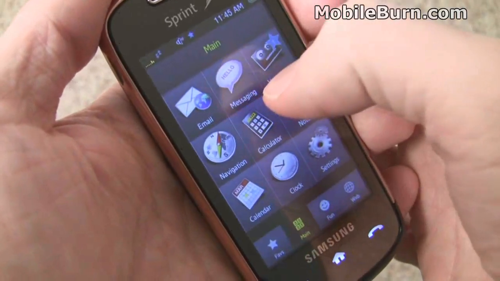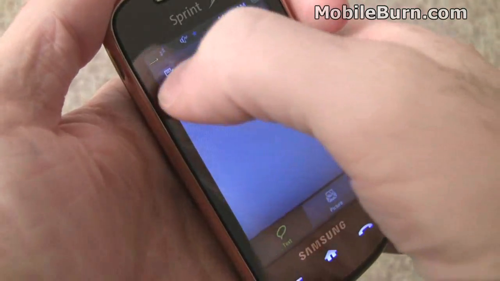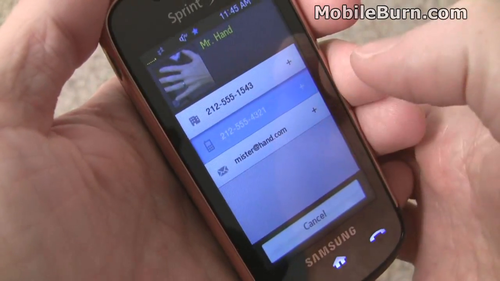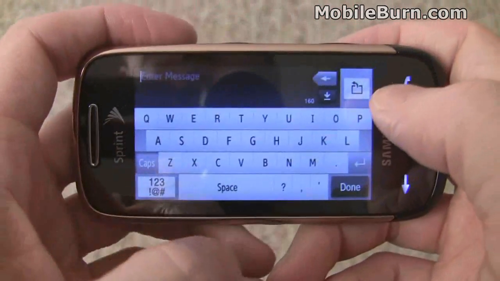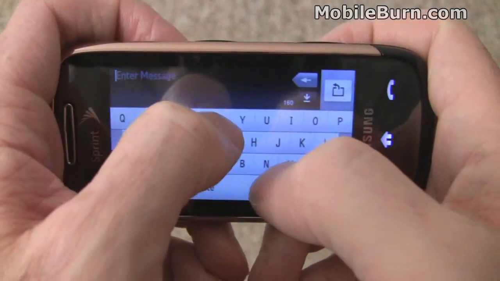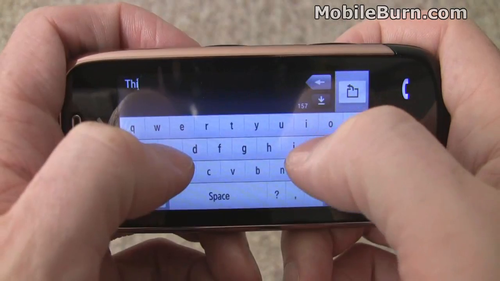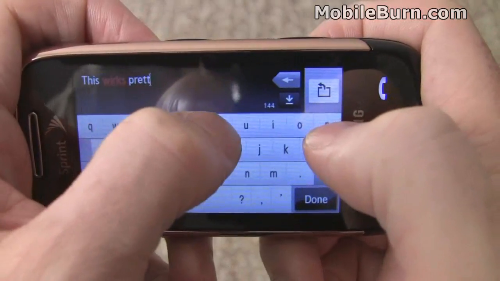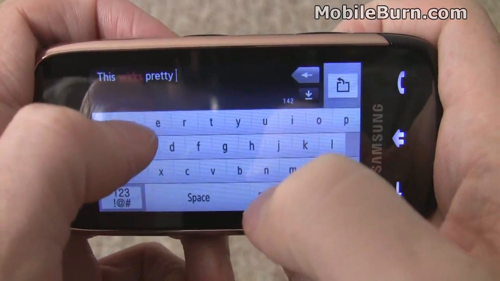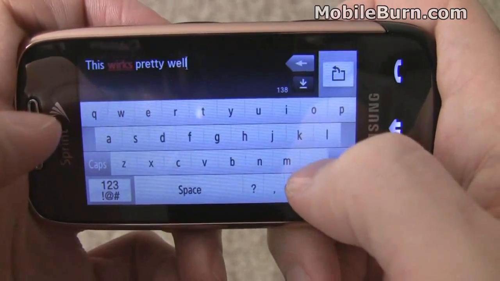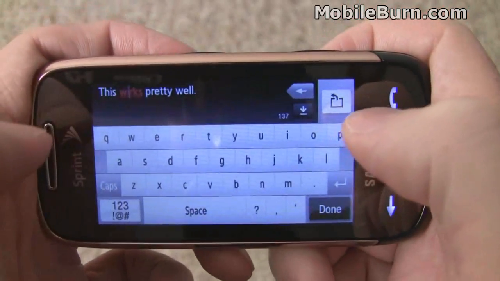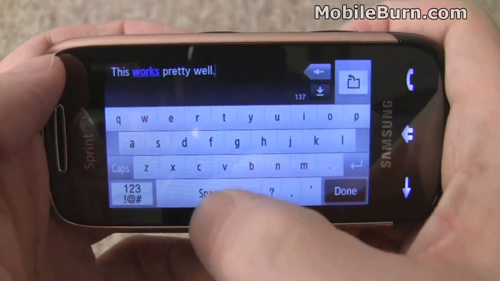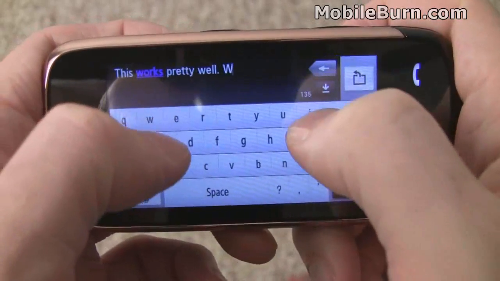I'm going to send a text message, show you how the editor works. Create a new message here. Send it to Mr. Hand. And we'll choose his mobile number. Editor comes up automatically, and I'm going to show you how the correction mode works by mistyping the word works. You can see that works is now highlighted because I typed I instead of O. But if I click on it, tap on it rather, you can see it comes up with corrections. That one happens to be the one I'm looking for. If I were to do that again,